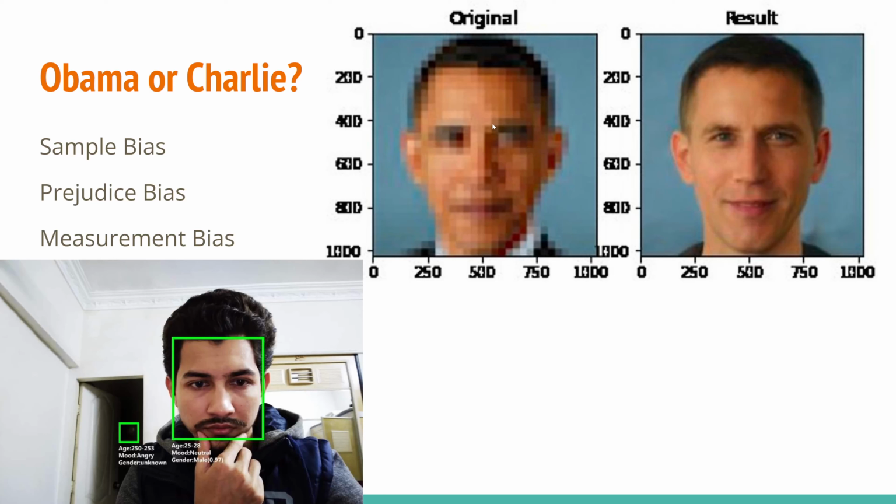This looks like a photo of Obama. And when we apply super resolution on it, instead of Obama, we get Bobby Joe from next door. We don't want a picture of Bobby Joe, but this is an example of sample bias where there may not have been enough mixed-race people in the database that the machine learning algorithm was trained on to synthesize the data properly. Additionally, you can get weird results like an angry demon in the back of your closet, which is also not good.